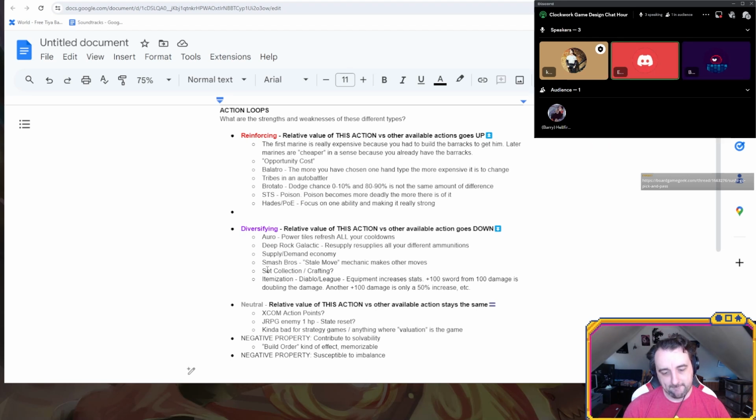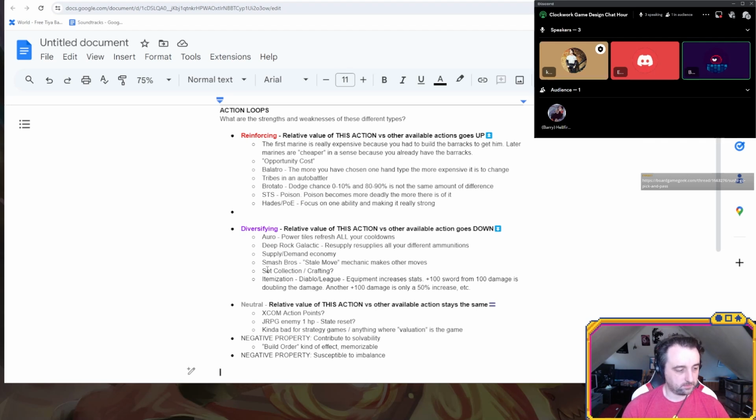So for instance, there are going to be lots of examples, some of which we've already talked about. Another Deep Rock Galactic example is, if you are one of the characters, you can freeze enemies and then drill them, and there's a synergy there because frozen enemies take more damage for one, but also when you freeze them, you can get close to them without them damaging you. So when you freeze them, you're making some subset of actions you can do, at least for a short period of time, a lot more valuable as opposed to other stuff.